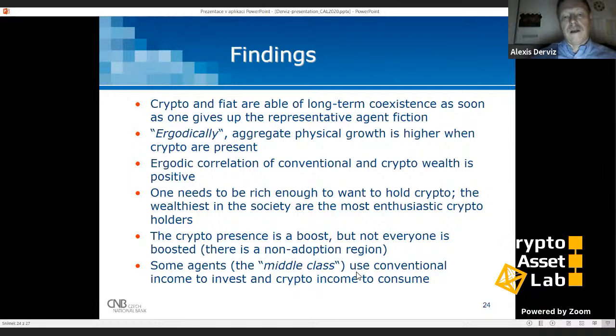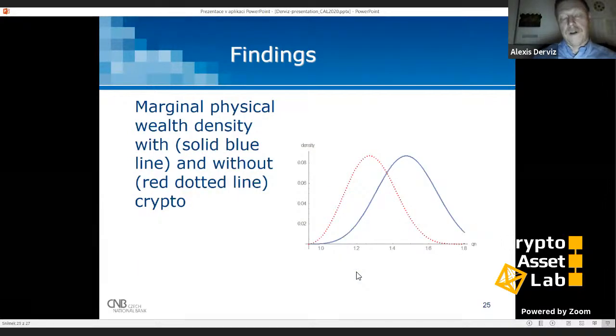In spite of that, they try their luck, and for instance, a large portion of the population only consumes out of converted crypto holdings. So they earn something in the physical world, they convert coins back, and they consume out of these conversion proceeds and invest what they earn in the physical world. And in aggregate, this is enough to generate a positive increase in aggregate welfare.